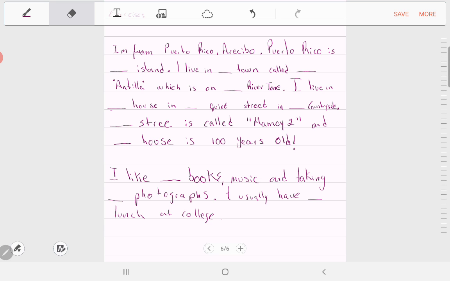Okay, did you know that we have two types of articles, the defined and the indefinite? When we are going to speak about a defined article, it is something specific. When we speak about an indefinite article, it is speaking of one thing in a group. In this case, if Puerto Rico were the only island in the world, the would be there. But Puerto Rico is part of a group of islands. So in this case, the response is a.